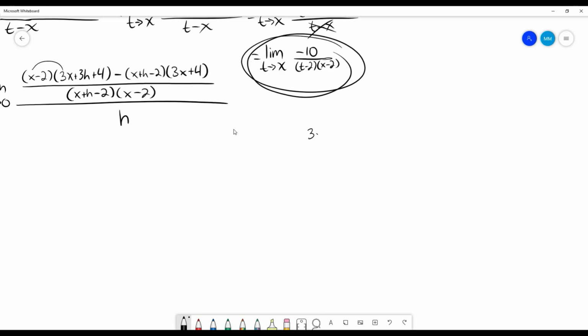So it's going to be 3x squared plus 3xh plus 4x, minus 6x minus 6h minus 8. And for canceling's sake, I see that we're subtracting, so I'm going to do a minus and my bracket just like I did before. And I'm going to FOIL this out, so I'm going to get 3x squared